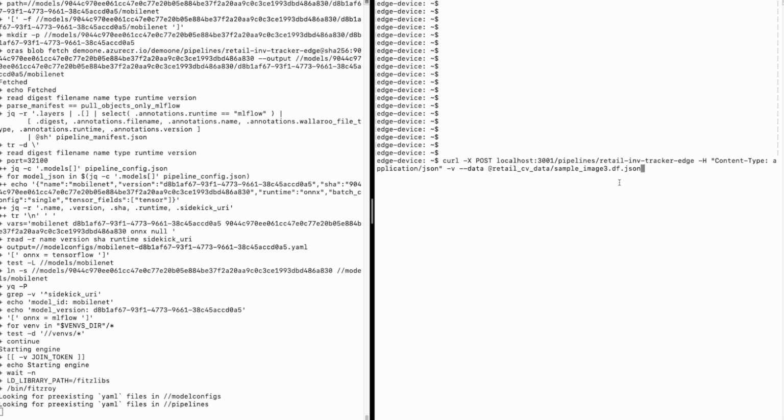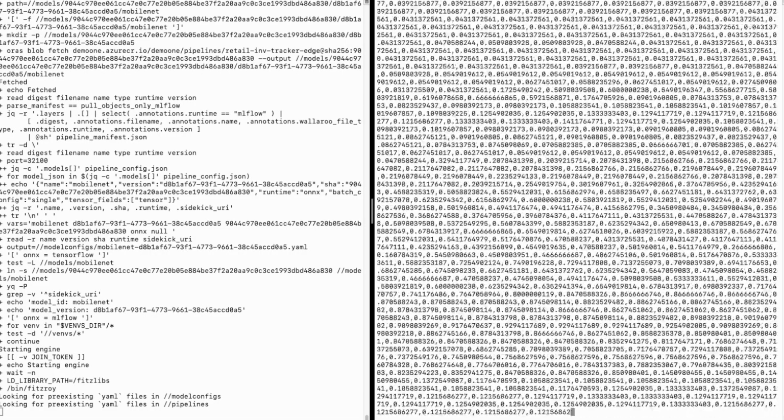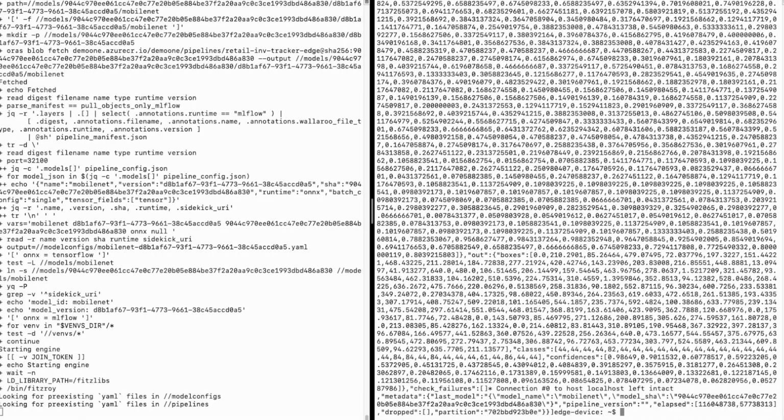The terminal on the right represents my application layer that will make use of this edge deployed pipeline. For our retail application, this could be the outer process that takes the object counts from the shelves and uses it to calculate some sort of running inventory, for example. In this case, I'm just going to go ahead and send a single image to my pipeline to test it out and print the results back to the terminal here. Now that I've validated that my edge deployed process works as expected,